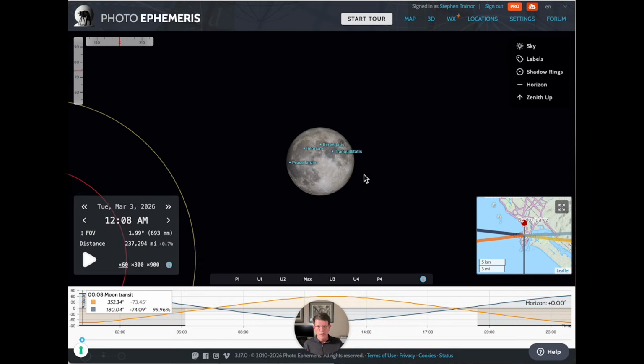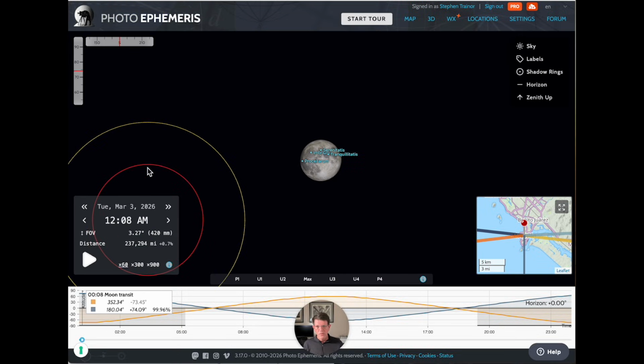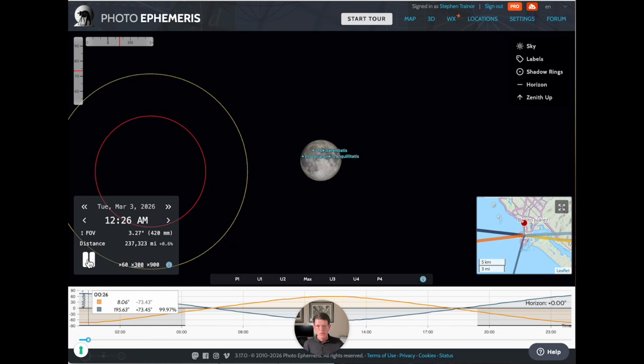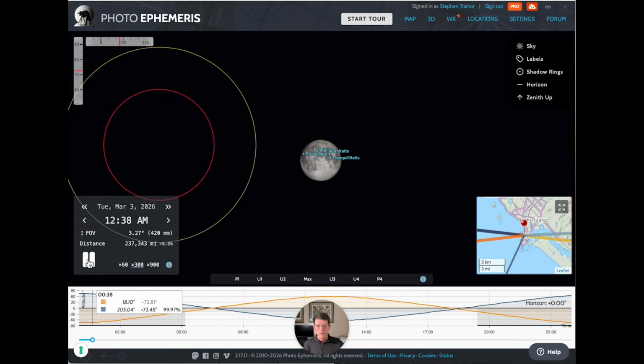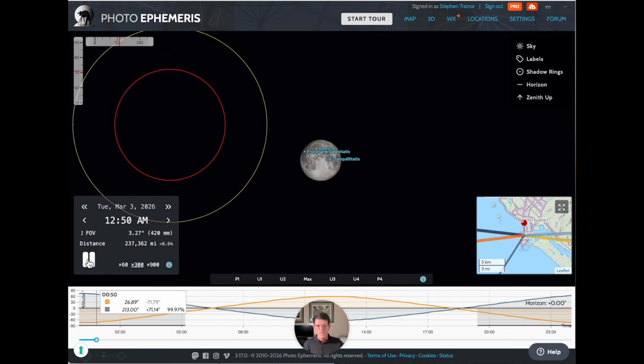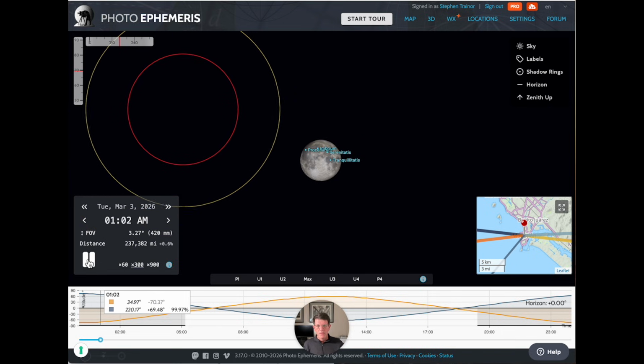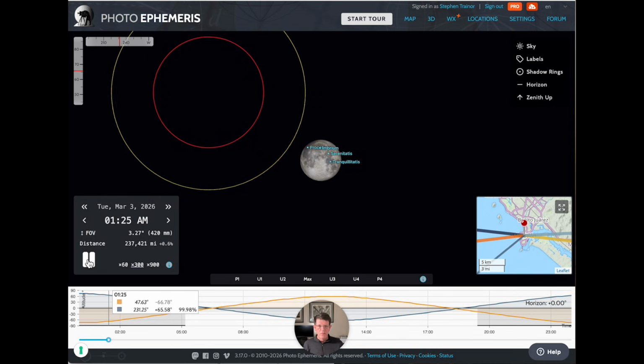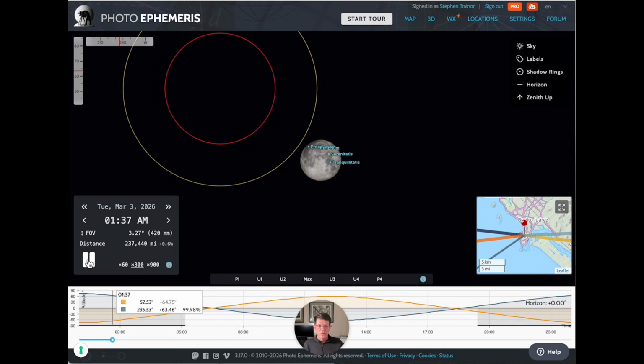I'm going to zoom out a little bit. You may notice these two rings. These are the shadow rings. These are projections of Earth's shadow out to the distance of the moon. And if I play this forward, let's just watch what happens. This is how the shadows are moving relative to the moon, and very shortly you will see that we're moving